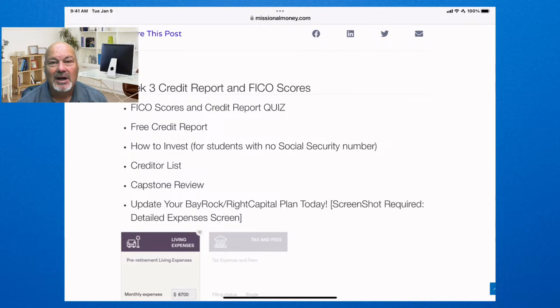But if you do, I want you to make a list of the institution or the folks who you owe the money to. And that list should have column 1 is who do you owe the money to, column 2 is how much do you owe, column 3 would be when is it due, and then what is the monthly payment amount when it does become due.